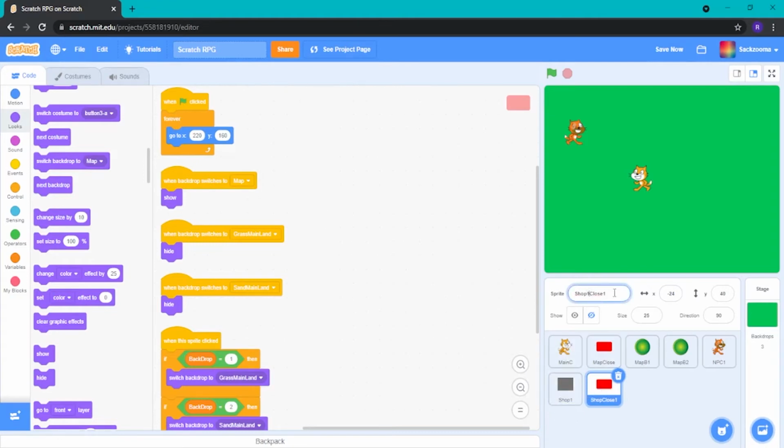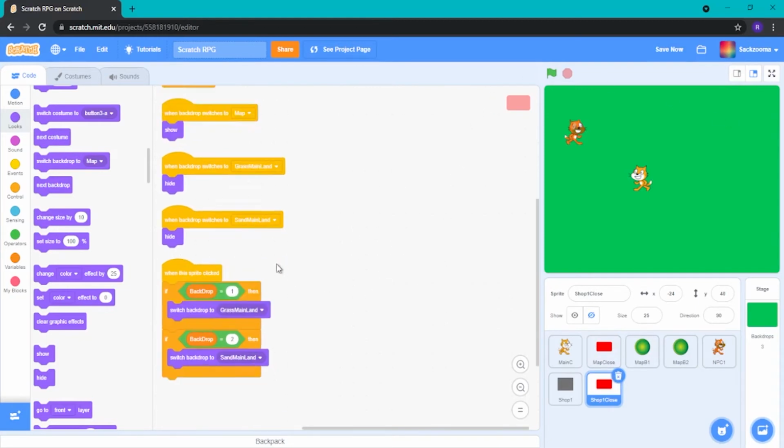Wait, actually, shop 1 close. That makes more sense. And as you can see now, it will be in the same position as the map close button, which is top right, which is what we want. We want him to now